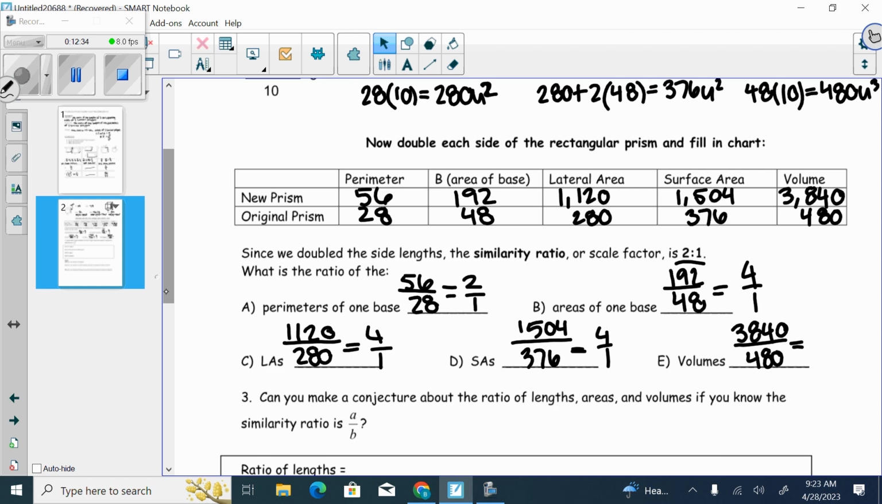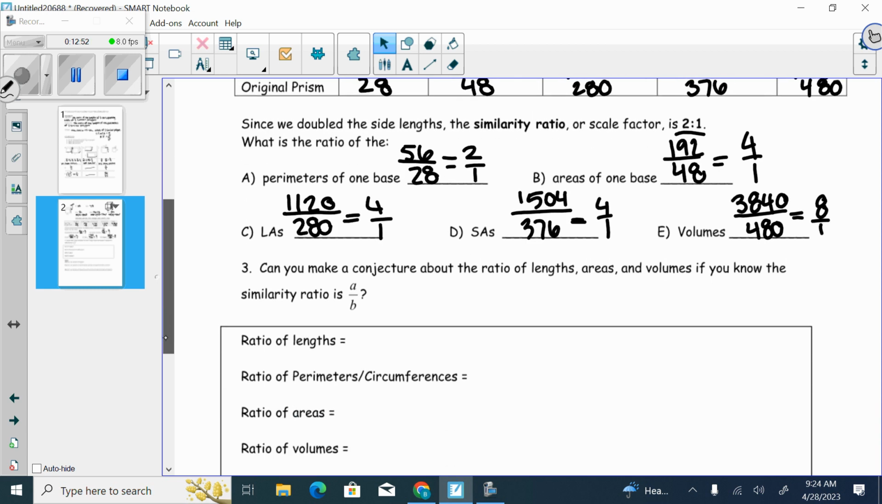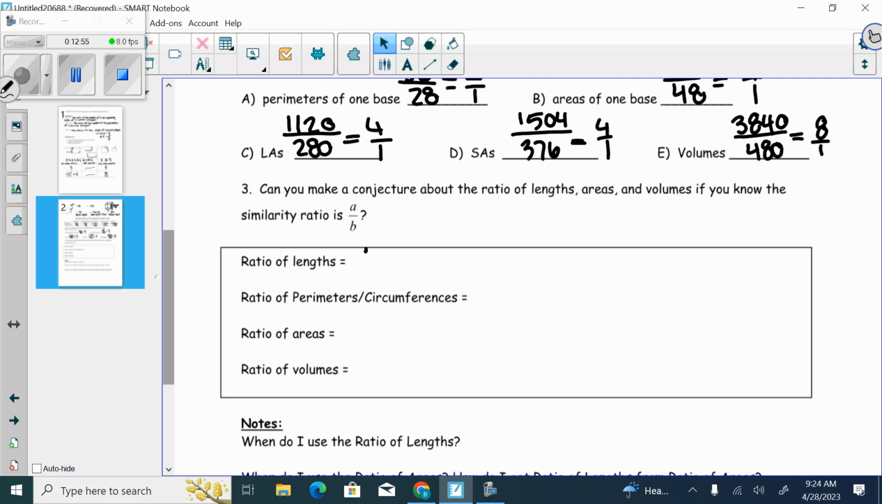All right, so for our volume, we've got 3,840 over 480, and we just need to simplify. We get 8 over 1. All right, so then what do you guys think that means the rule is? It's cubed, right? So if our scale factor or similarity ratio is A over B, so that's for our side lengths, right? What do we know the perimeter ratio to be? Also A over B. All right, and then what would that mean our area ratio should be? Good. And our volume, you guys said our new rule will be